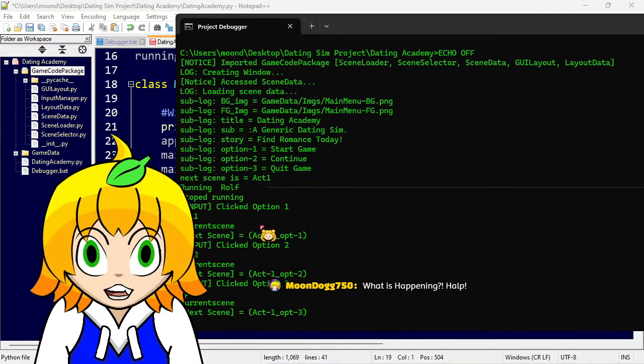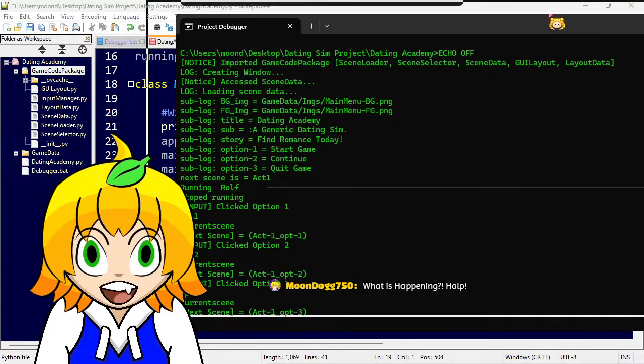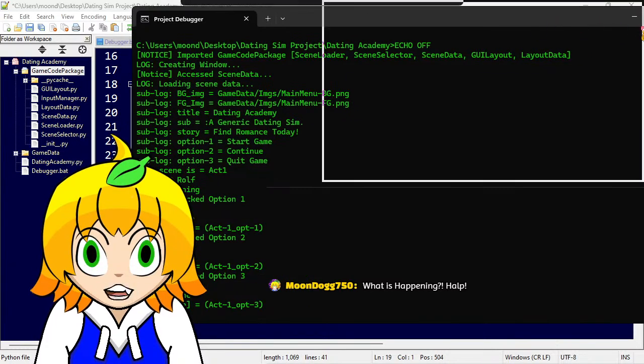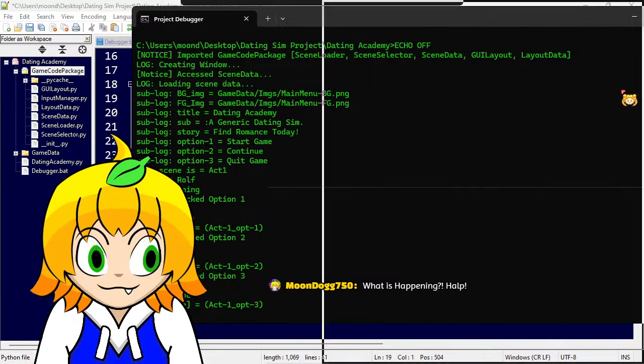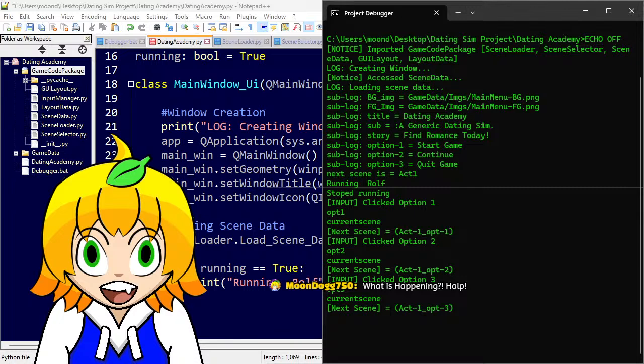I'm trying to get it to update the data and reload the UI, the graphical user interface, and it's not redoing. So that's my big issue at the moment. That's what I'm walking through, and it's becoming a real pain in the butt.